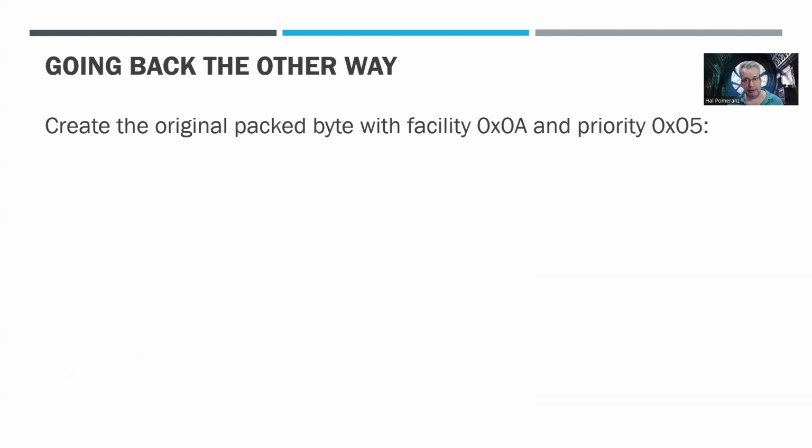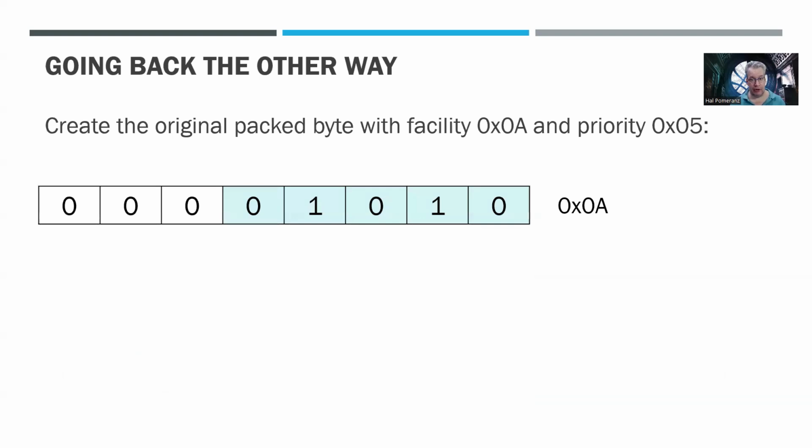How do we do that, right? Again, it is shifting and a little arithmetic. So we're going to start with the facility value that's going to be ultimately in the upper 5 bits. Okay, so we plunk in hex 0A, which is facility 10. Now we need to, in this case, move those bits to the left 3 places. That's a shift left. So shift left 3